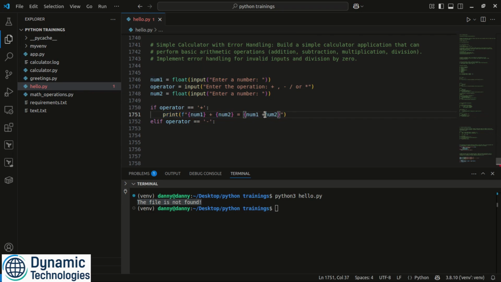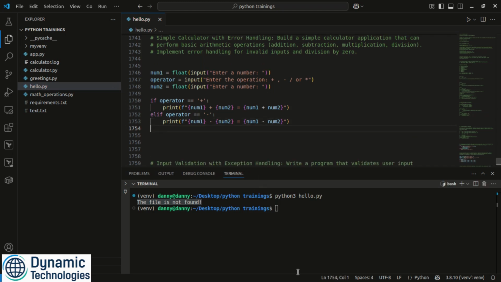Let me add some spacing here. So in here we have minus, then we can also have minus here. Again, let's talk about elif operator is equal to multiplication. Then